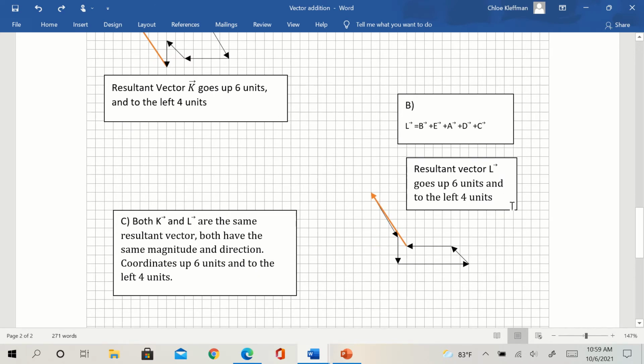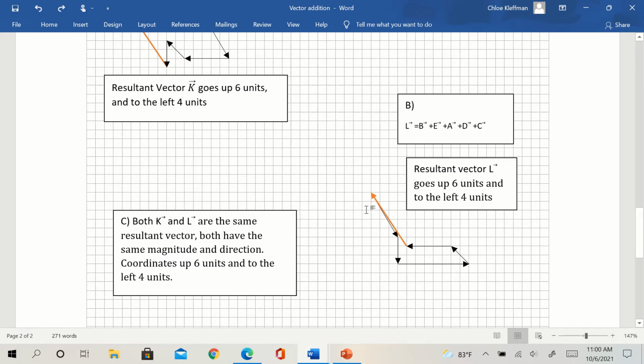And resultant vector L also goes up 6 units and to the left 4 units and is found by starting with B, which goes down this way, and then E, down 3 units, and then over to the right 8 units with A, and then up 2 and over 2 to the left for D, and then over for C. And so the tip of the C vector is connected to the tail end of the B vector